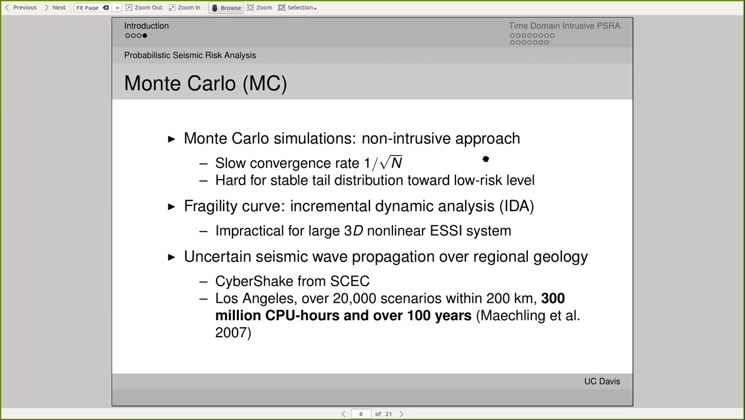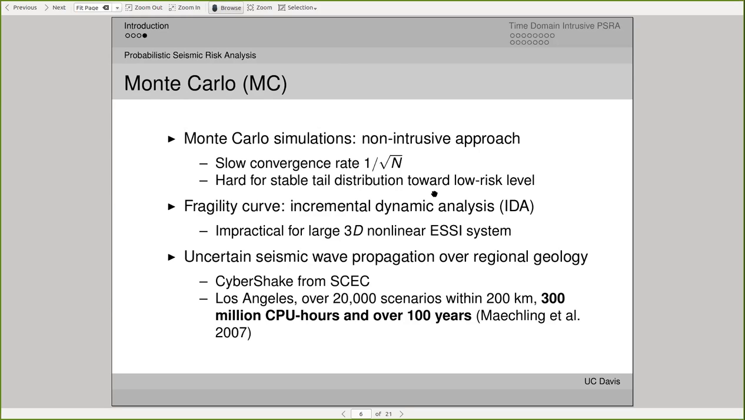Okay. The second issue is the use of the Monte Carlo simulation in the current framework. As we know, Monte Carlo simulation is a non-intrusive approach. You do not need to modify your underlying deterministic solver. However, it has a very slow convergence rate, and it's also very hard to use Monte Carlo simulation to get a stable tail distribution, which is very